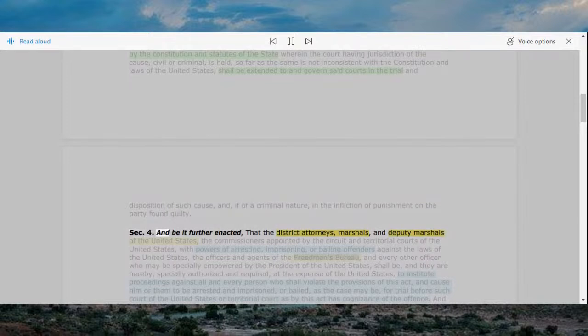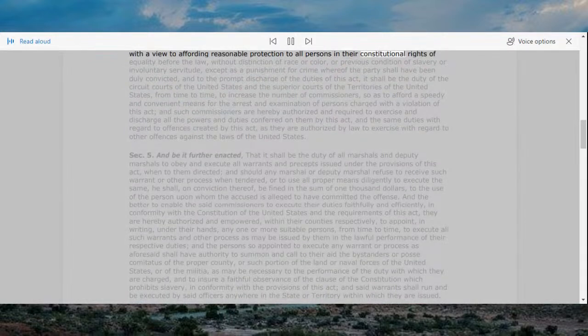Section 4. And be it further enacted that the district attorneys, marshals, and deputy marshals of the United States, the commissioners appointed by the circuit and territorial courts of the United States, with powers of arresting, imprisoning, or bailing offenders against the laws of the United States, the officers and agents of the Freedmen's Bureau, and every other officer who may be specially empowered by the President of the United States, shall be, and they are, hereby, specially authorized and required, at the expense of the United States, to institute proceedings against all and every person who shall violate the provisions of this act, and cause him or them to be arrested and imprisoned, or bailed, as the case may be, for trial before such court of the United States, or territorial court as by this act has cognizance of the offense, and with a view to affording reasonable protection to all persons in their constitutional rights of